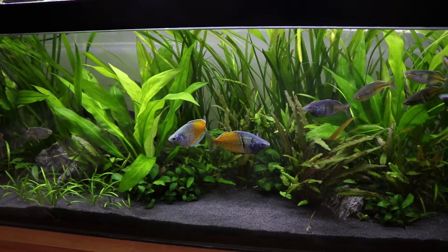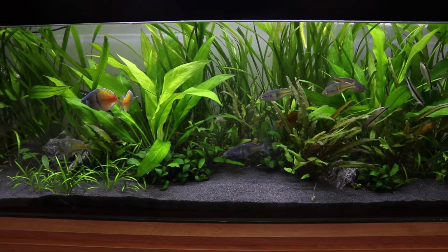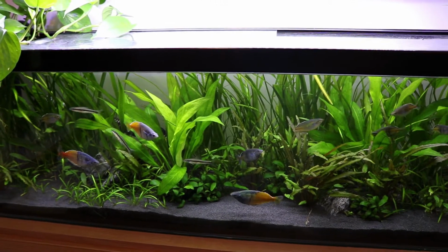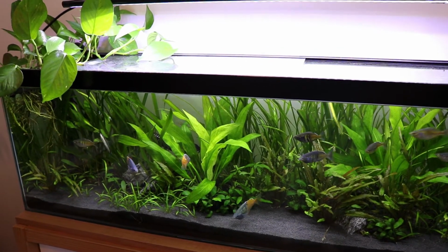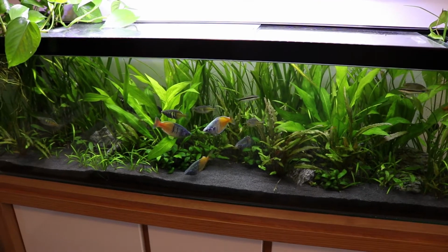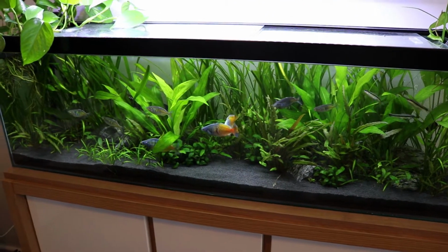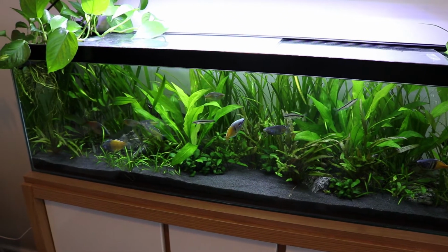So I've got some future plans, and when I say future plans, I mean plans that I want to do as soon as possible, and that is to get a 300 litre tank minimum with a sump, and the sump will sit below the tank and it will act as the filtration. So basically another fish tank below the main tank, just full of filter media, which would make the overall system between 400 and 450 litres, with the main tank being at least 300 litres,